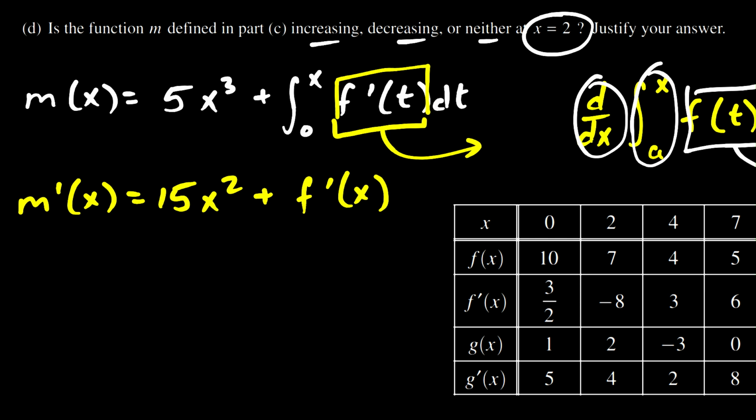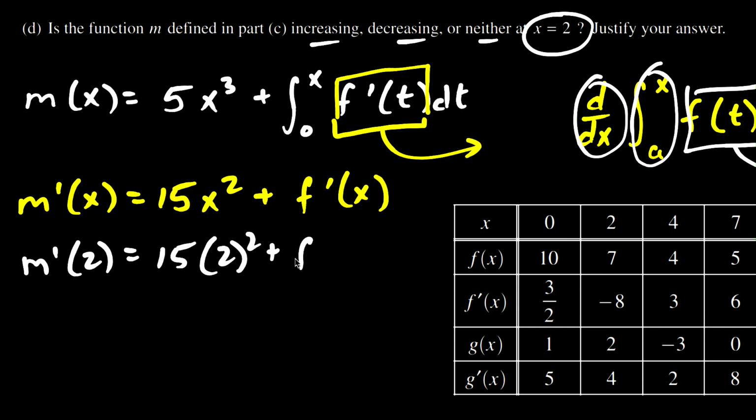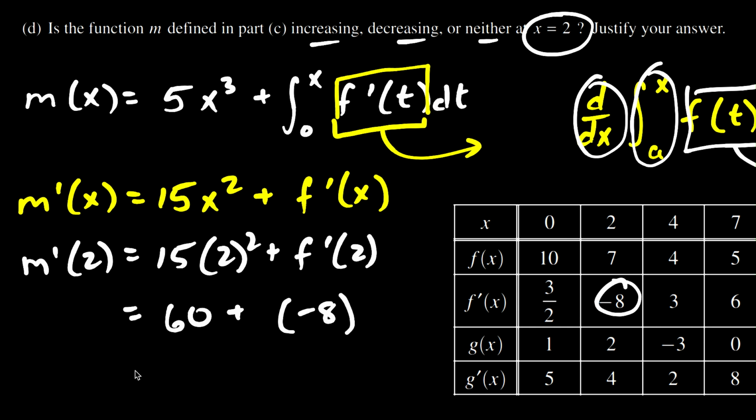So now we just have to evaluate it at 2. So we have m prime of 2 is equal to 15 times 2 squared plus f prime of 2. So 2 squared times 15, we have 60. F prime of 2, go over to 2, minus 8, so plus negative 8. We are left with